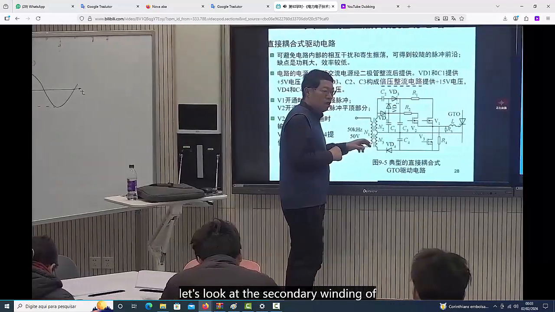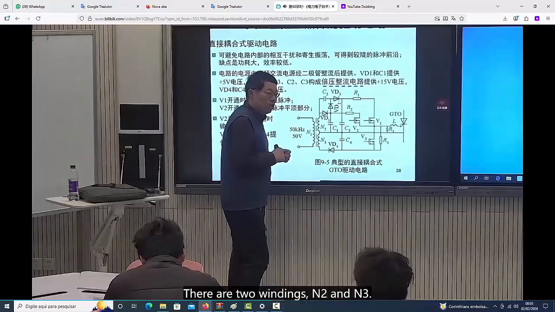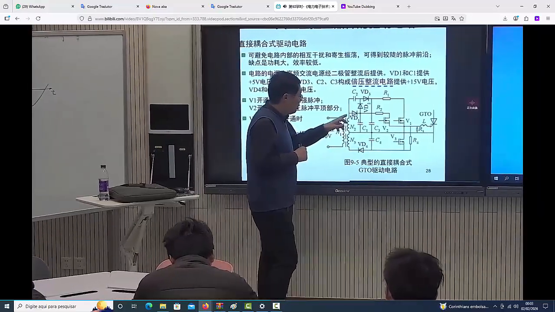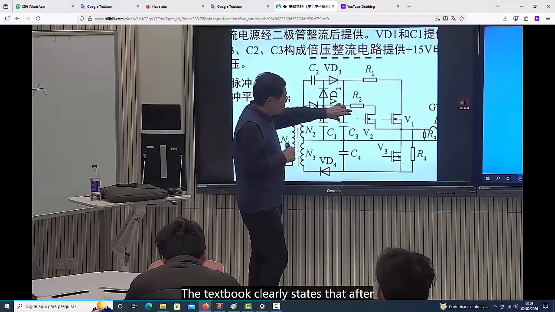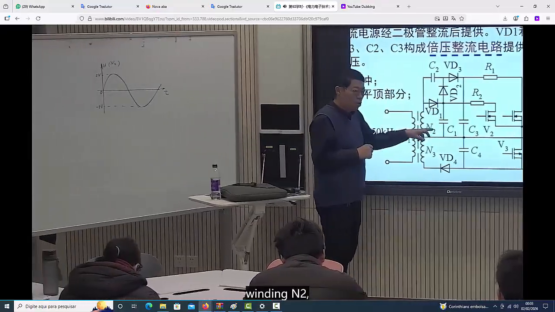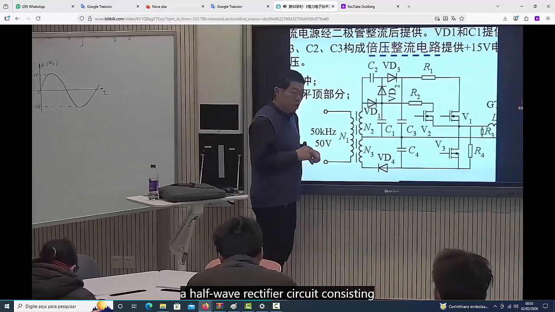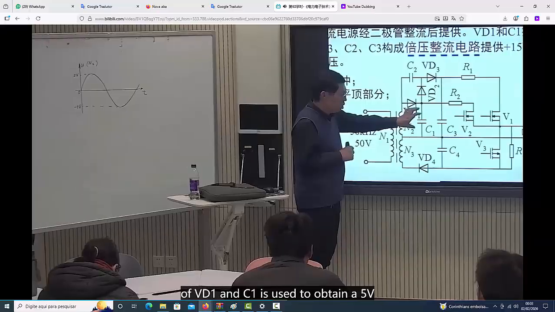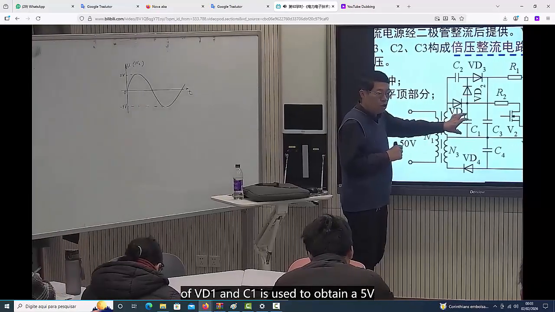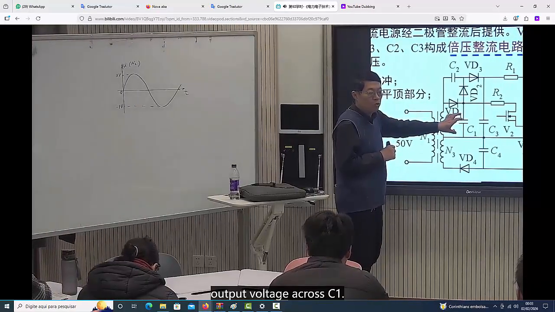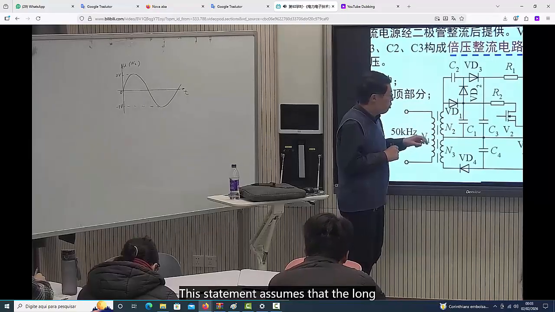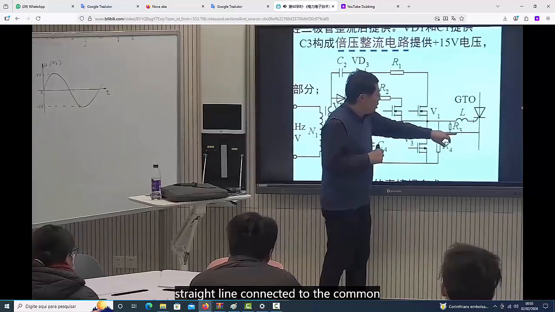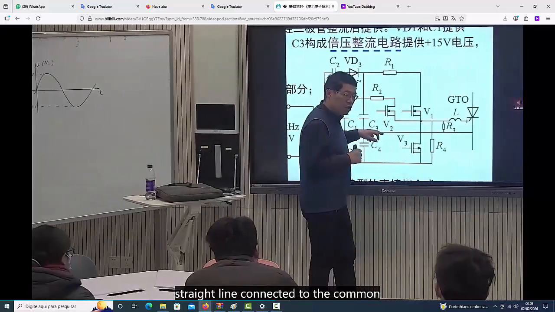There are two windings, N2 and N3. The textbook clearly states that after winding N2, a half-wave rectifier circuit consisting of VD1 and C1 is used to obtain a 5V output voltage across C1. This statement assumes that the long straight line connected to the common terminal is called D. Therefore, the voltage across C1 is 5V. Now, consider this. If the voltage across C1 is 5V,